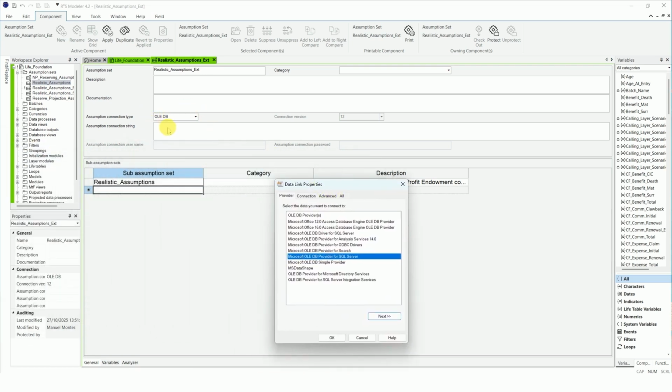Make sure the default OLEDB is selected in the Assumption Connection Type property above. Select Microsoft OLEDB Provider for ODBC drivers in the Data Link Properties window. Click on the Next button.